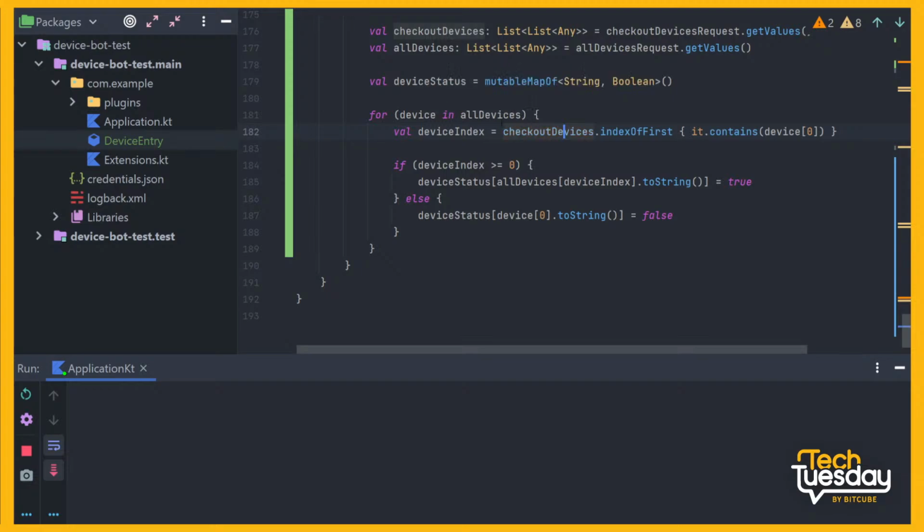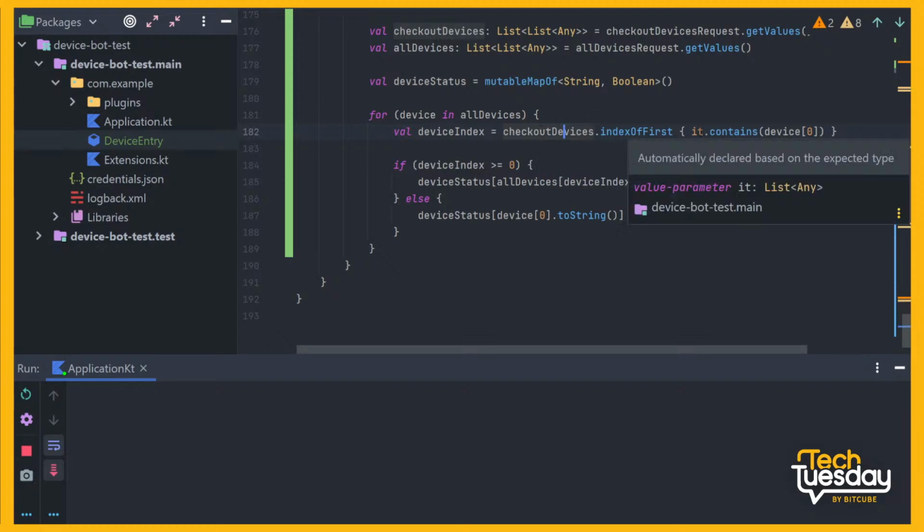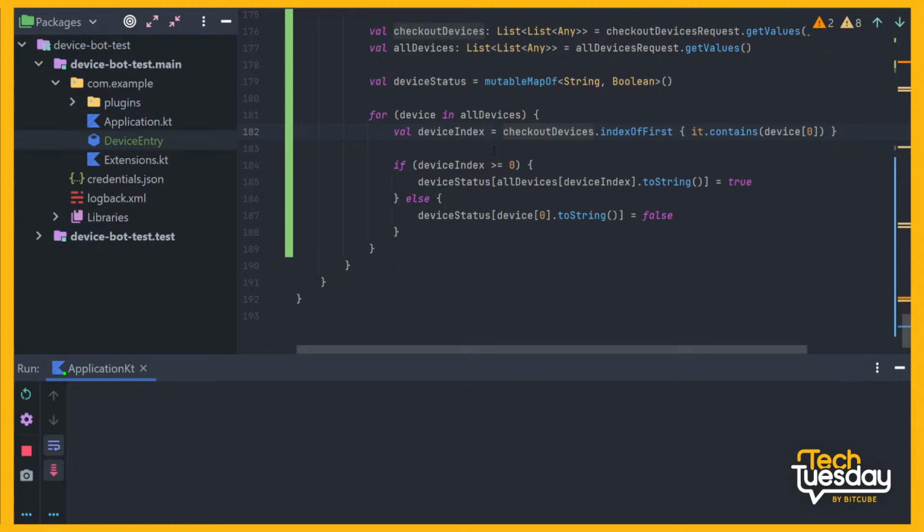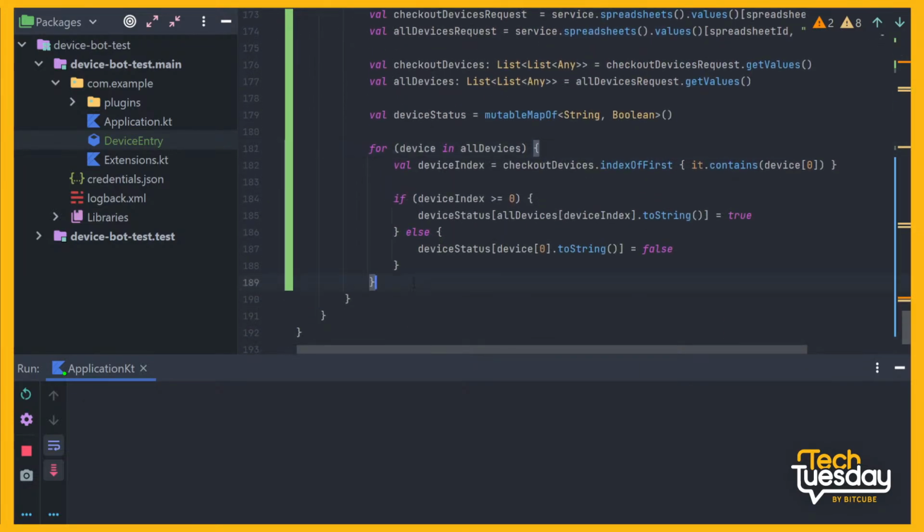It returns the index as first. What is checked out devices then? List of lists. Yes. Yes. Something feels off here. Anyway, let's just add